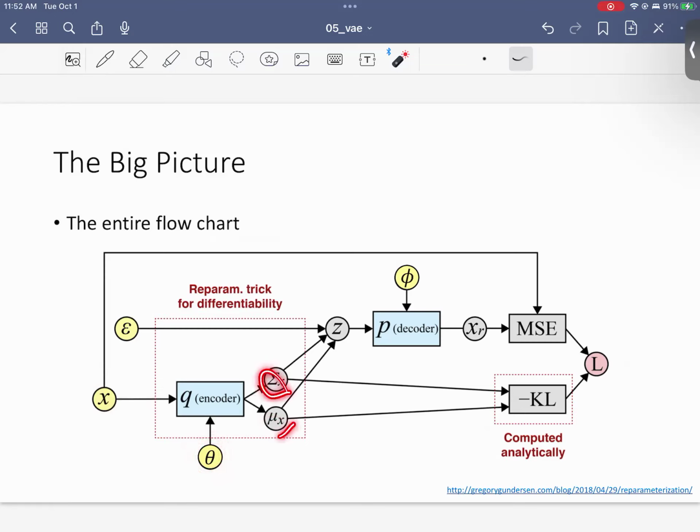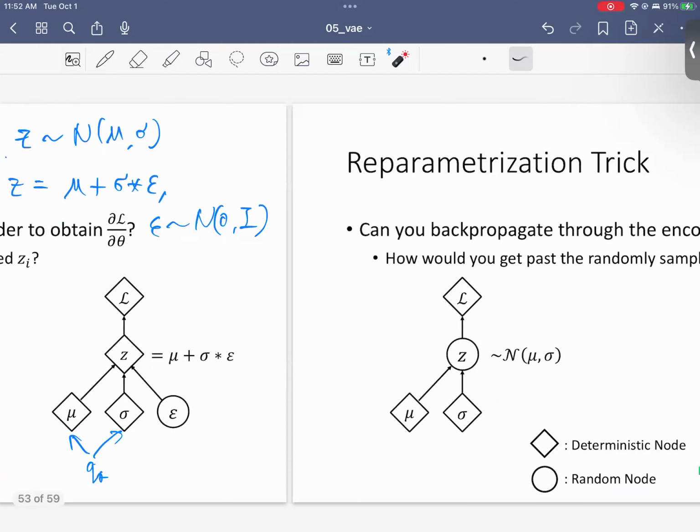And then based on mu, sigma, and epsilon, you will get Z out. And then this Z will be plugged into your decoder, which is controlled by your phi parameter. It'll give you a reconstruction. And based on your X and X reconstruction, you can get your MSE. And as I said, KL divergence is directly calculatable